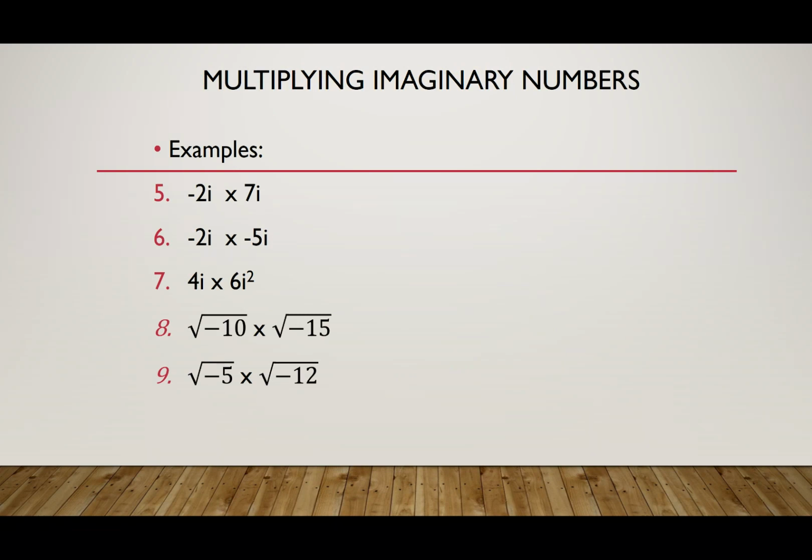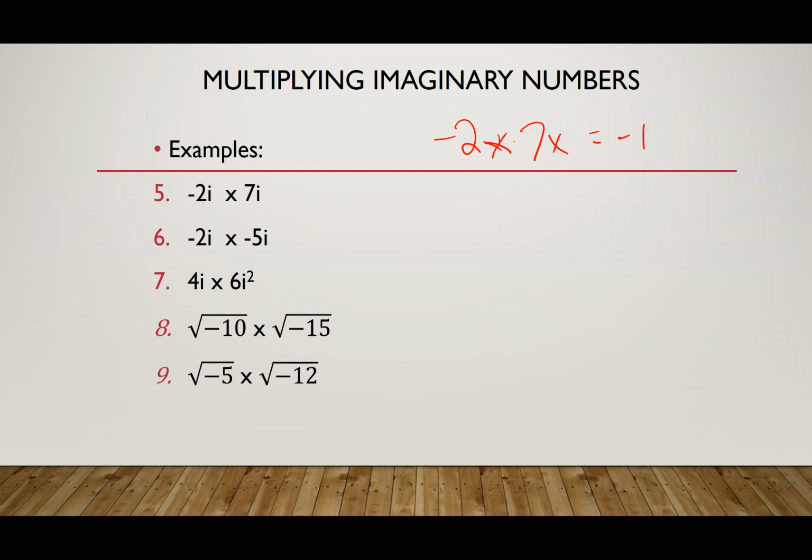All right. Multiplying imaginary numbers. We'll multiply and then we'll end the video here. So multiplying imaginary numbers is pretty straightforward. It's kind of like multiplying anything else. Before we get to number 5, if you had negative 2x times 7x,